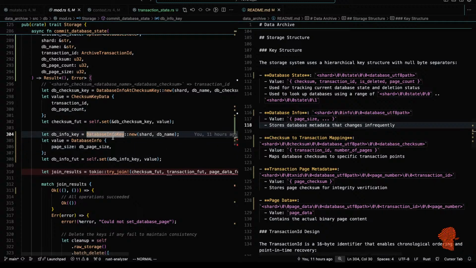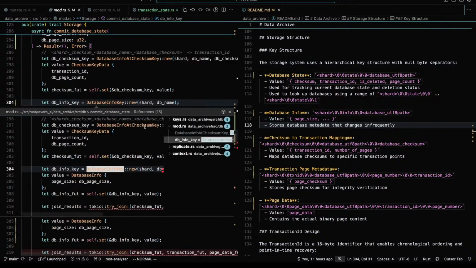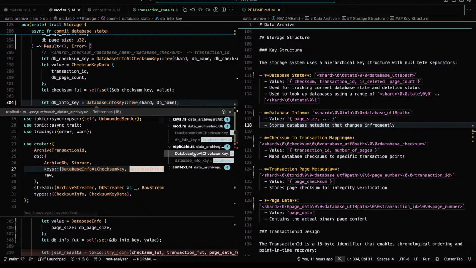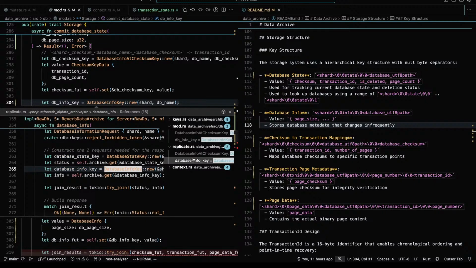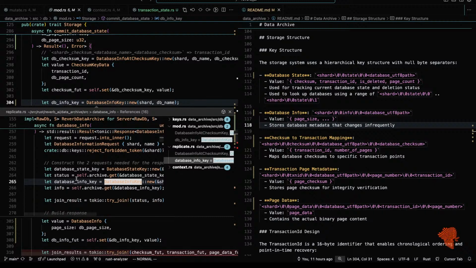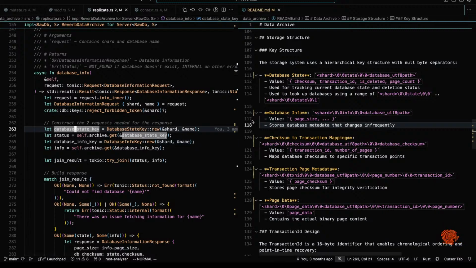Database info key. Let's see. Where's this used? Tags. Okay. In that. Replicate. Getting the database info. Yeah, what is this used for? So we get the database info, we get the state and the info.